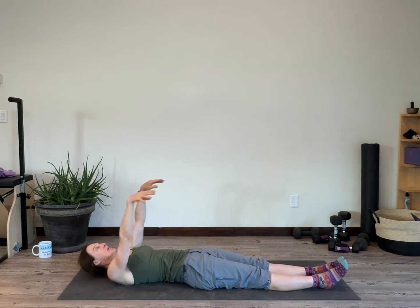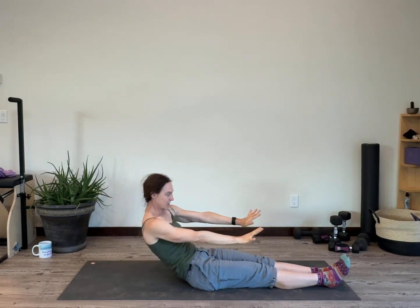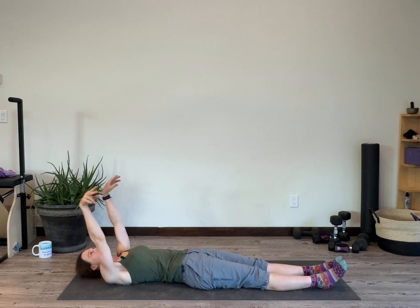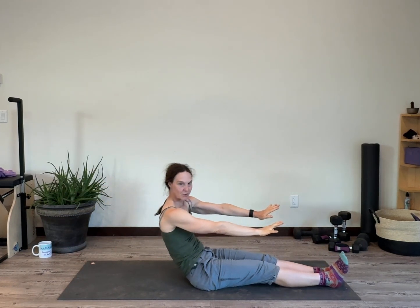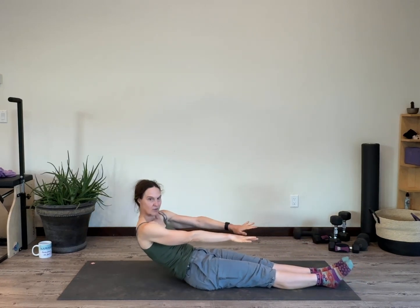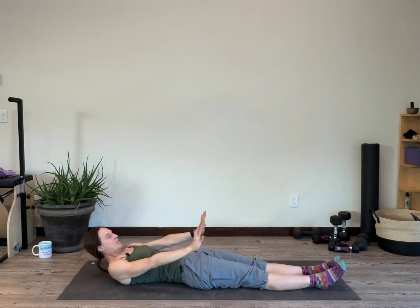Good, 3 more here. So we're doing 5 or the bridging that matches that length of time. Good, take a couple more. Here we go, breathe in, exhale. Good, reach over. Nice, way to use your arms, that's it. Really good. And 1 more here, inhale. Exhale,